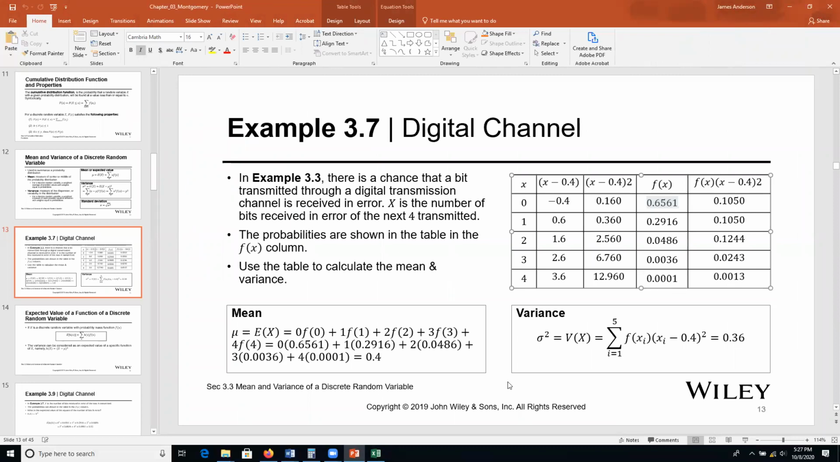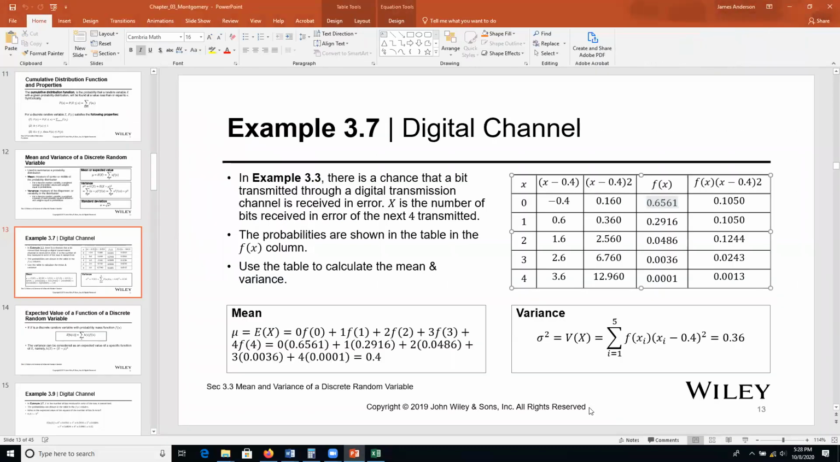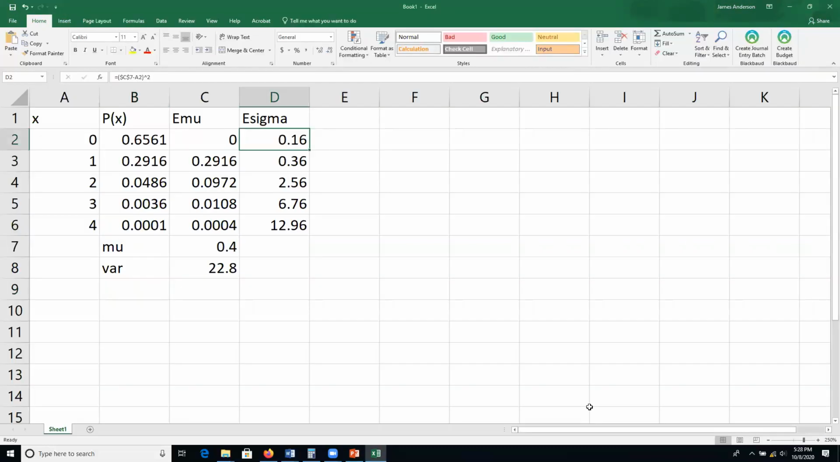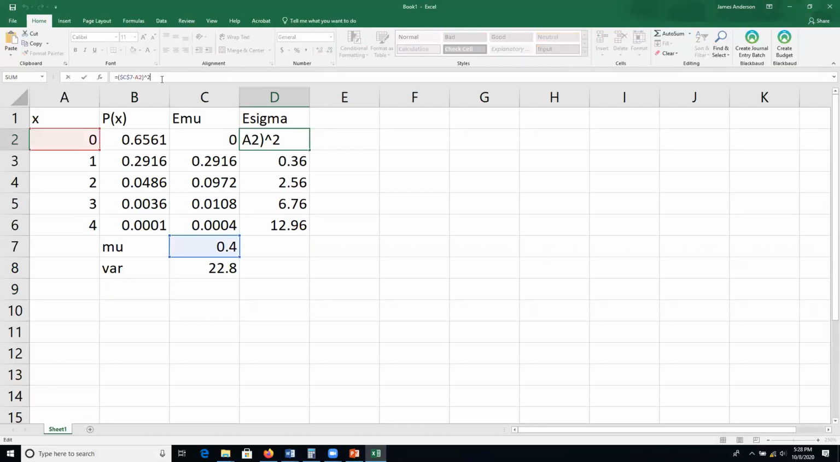Why is it different? Oh, I did that wrong. The x minus 0.4 squared. Oh, times f of x. Is that right? Sorry, making sure I get this right. Oh yeah, times. Make sure you do the times your variance, that value,